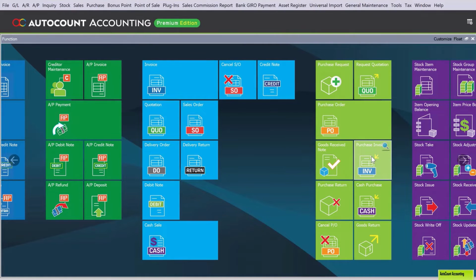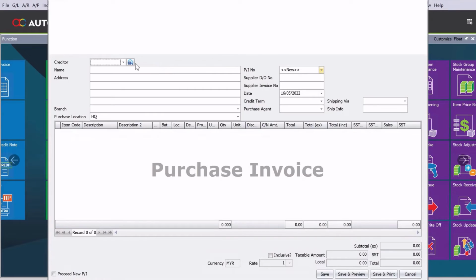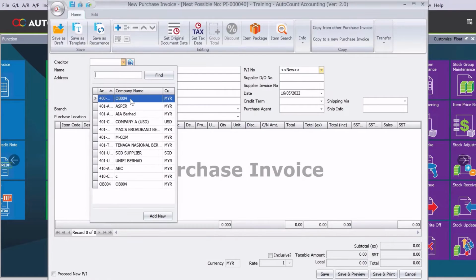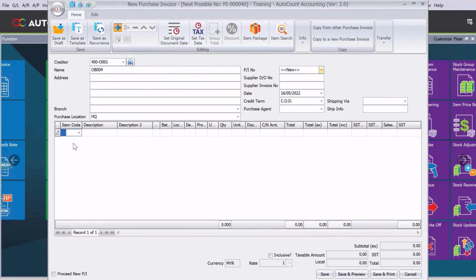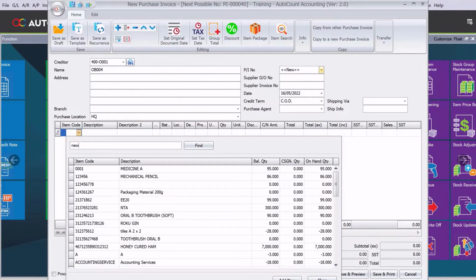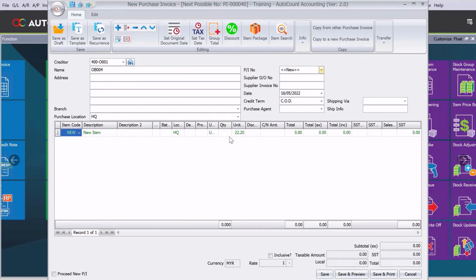So we come here to Purchase Invoice again. So we come here to select OB004. We press plus again. We press new. Alright. So if you look straight away, the price has gone into $22.20. Also, you just need to note that because I'm using the same supplier, the price will be following that particular